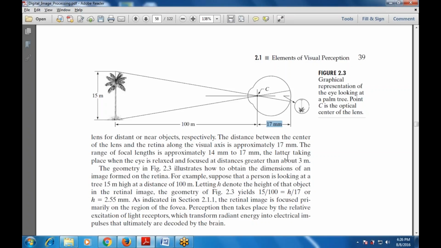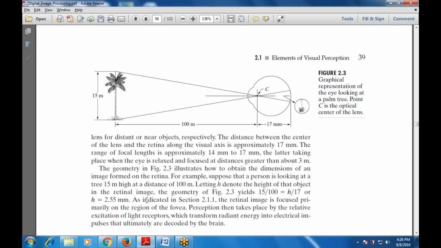The latter takes place when the eye is relaxed and focused at a distance greater than about 3 meters. Geometry in figure 2.3 illustrates how to obtain the dimensions of an image formed on the retina. For example, suppose that a person is looking at a tree 15 meters high at a distance